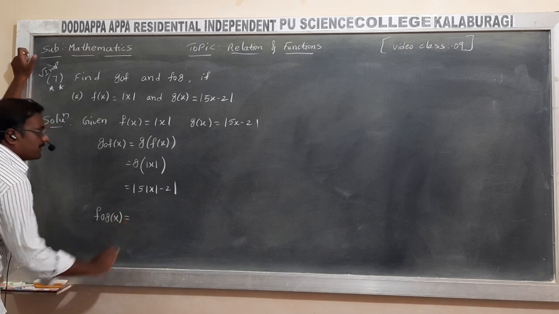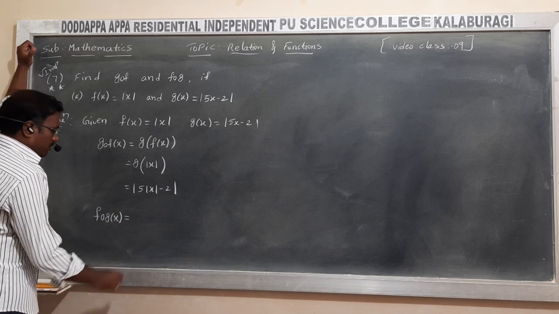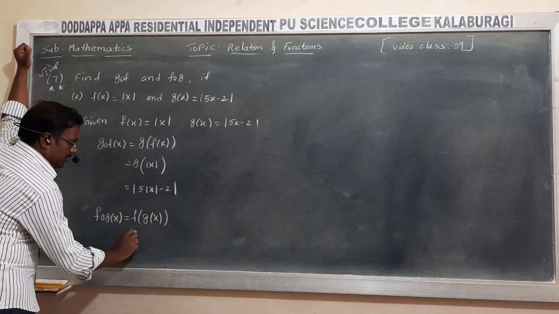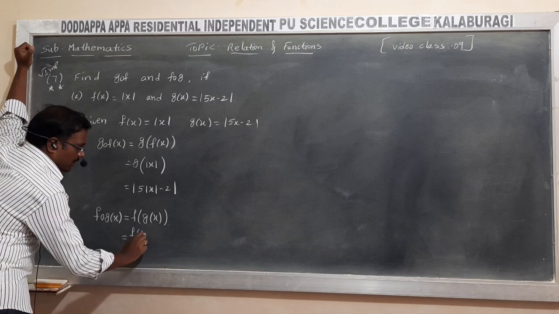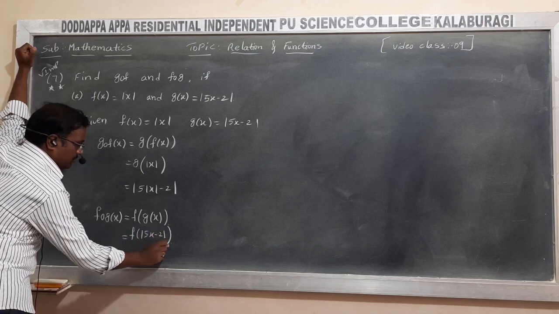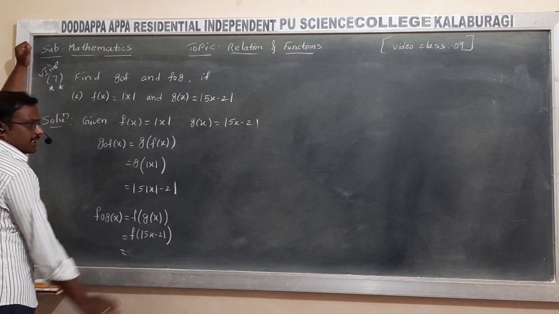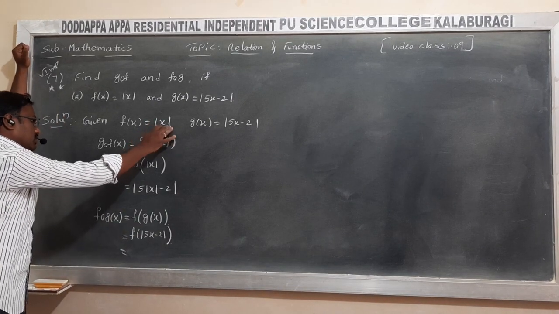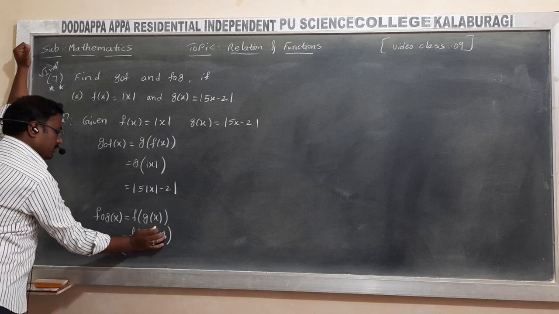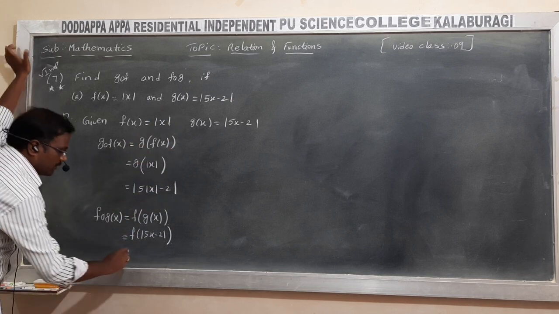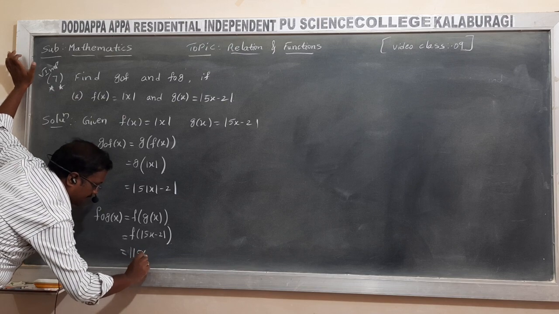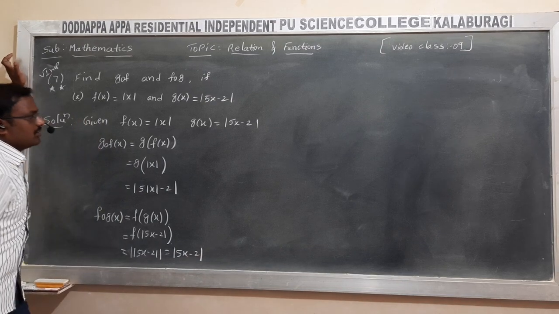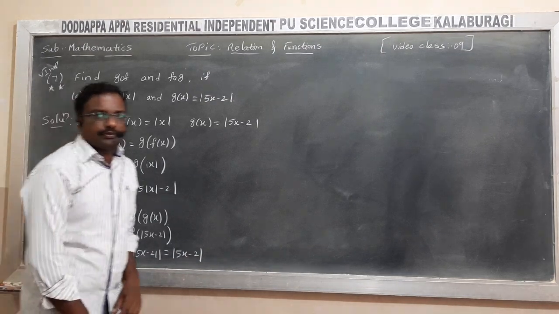Okay. So similarly you can find out f naught g of x. So here you can write f of g of x. What about g of x value? Modulus of 5x minus 2. This whole term is considered as x, that is f of x. What about f of x value? Modulus of x. Now in place of x you substitute this total value, that is 5x minus 2. When you get double modulus you can take only single modulus.